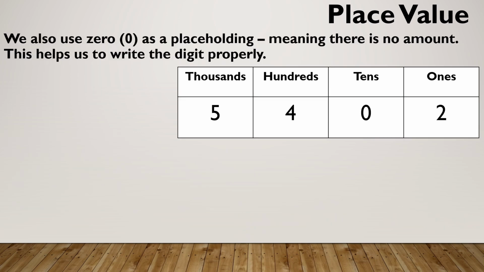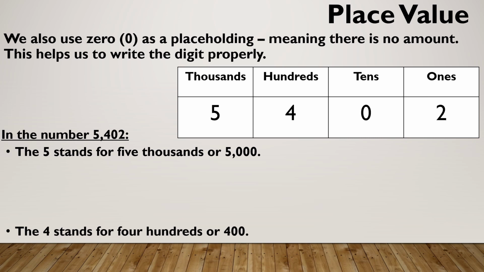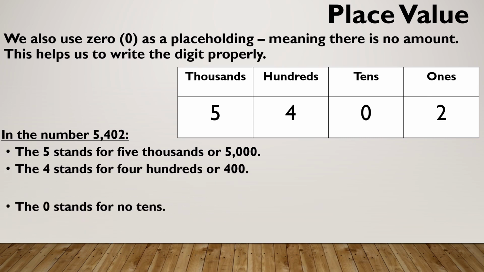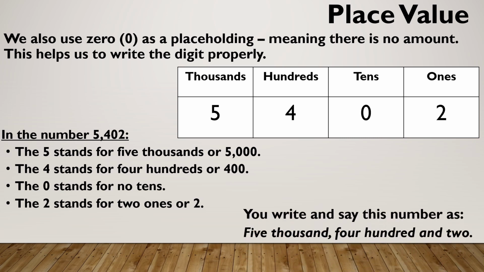Let's look at another example. So in this one, we also can use 0 as a placeholder. That means there's no amount in that particular place value column. This can help us to write the digit properly. So in this particular example, I've got 5 thousands, 4 hundreds, I've got no tens, and 2 ones, which I would write as